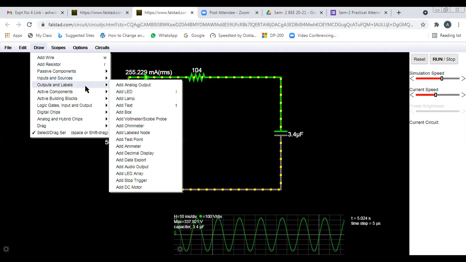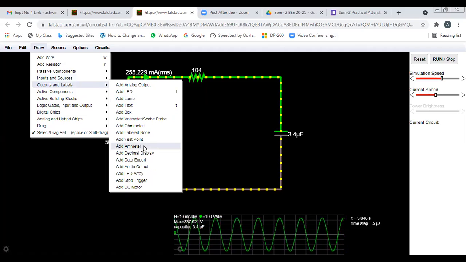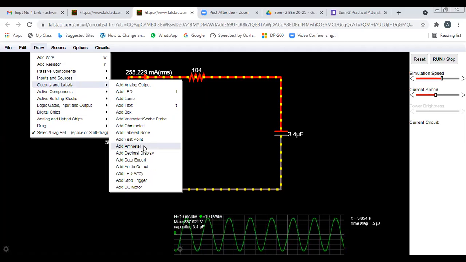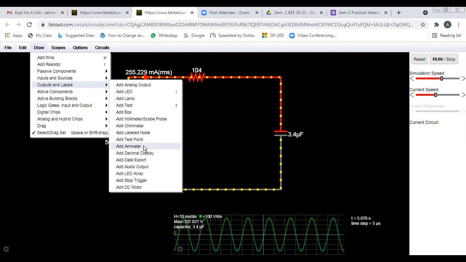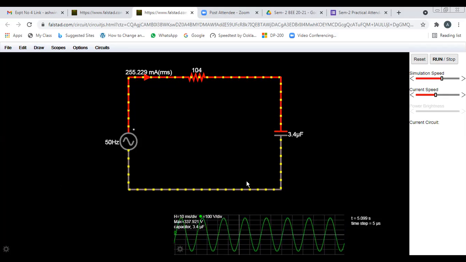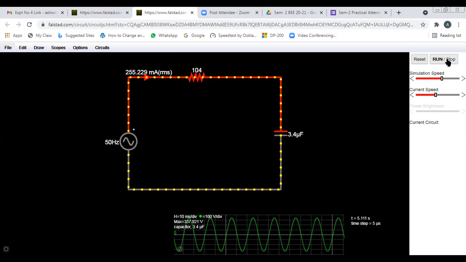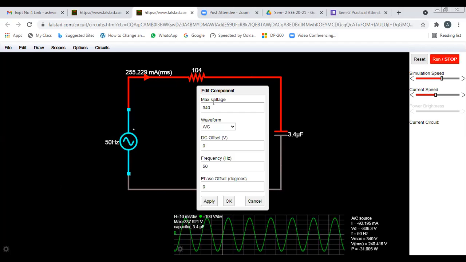And if you want to add an ammeter, that one also you can select. See, in outputs and labels, the add ammeter option is there. Can everyone see the add ammeter option in outputs and labels on screen? Yes, ma'am. Okay, so from here you can select the ammeter. Then in draw, the add wire option is there. Using it, connect all the components. Okay, once you connect here, I am going to stop this circuit. Double click the resistance and set 10 ohm, and set the capacitor to 3.4 microfarad. Now I told you, for the voltage source, which value do you have to set here? See, read the first one. It is asking for peak or RMS.